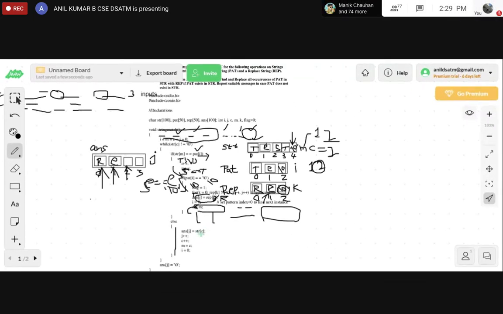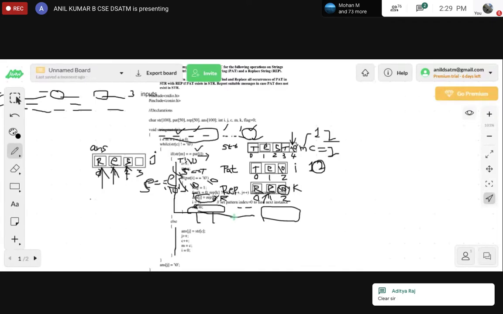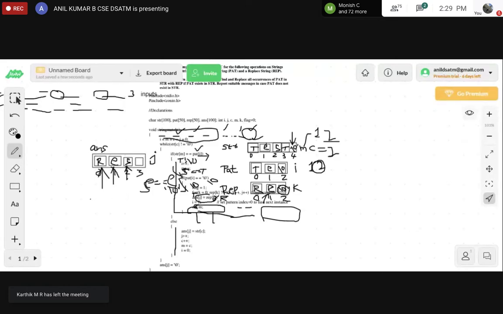Str of 2 is nothing but S. S is stored in answer of 2. Is it clear? When the condition is true, or the occurrences are available, this part of the program is executed. When the condition is false, this part of the program will be executed.